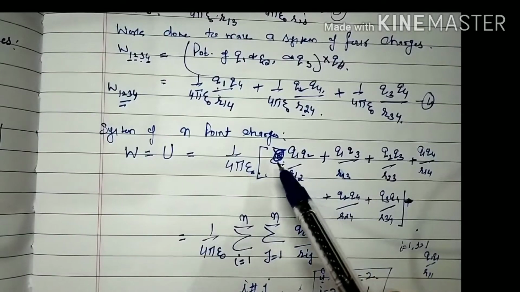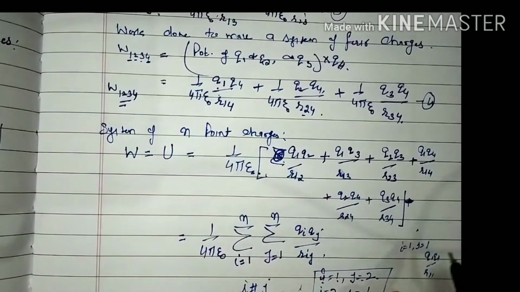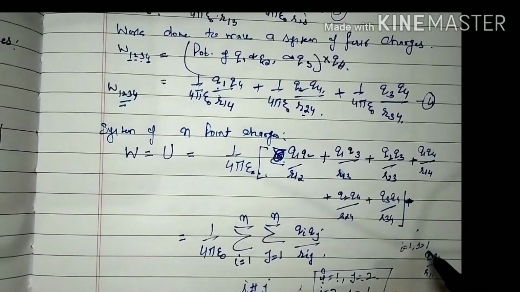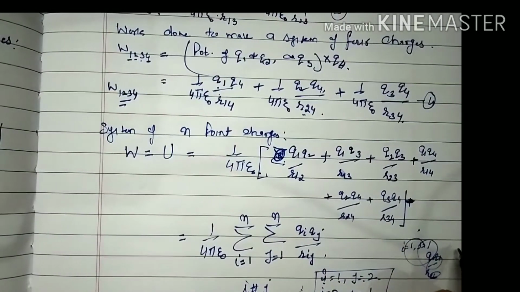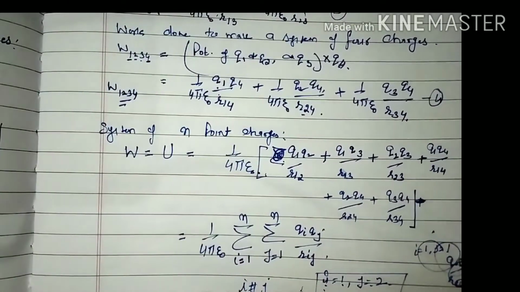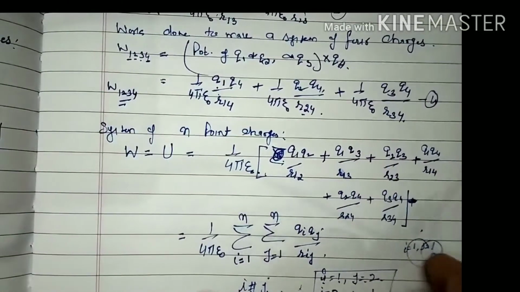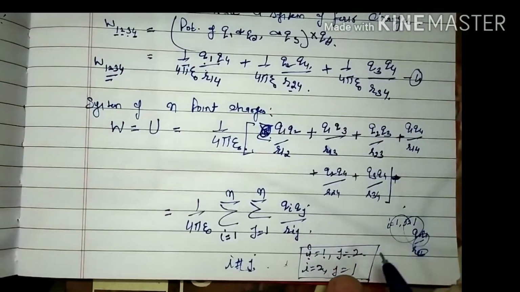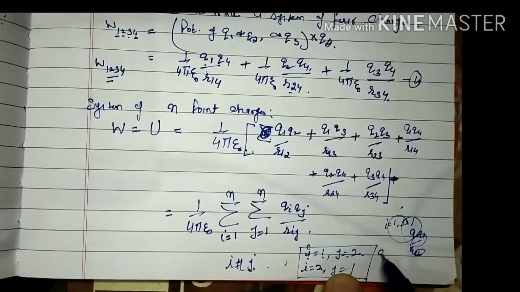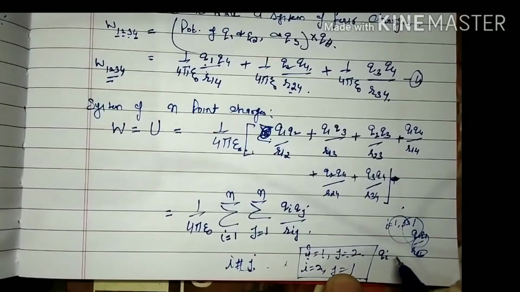So you know in this equation there is no such type of term with Q1 and R11. So here we need to write i not equal to j. If we take i equal to 1 and j equal to 2, then we will get Qi Qj. Sorry,